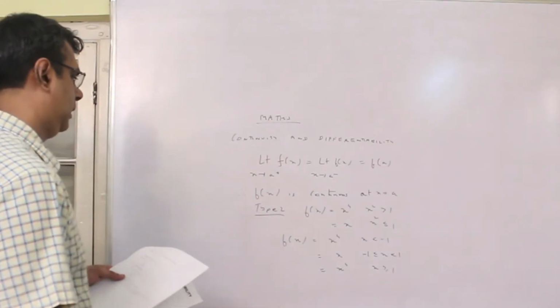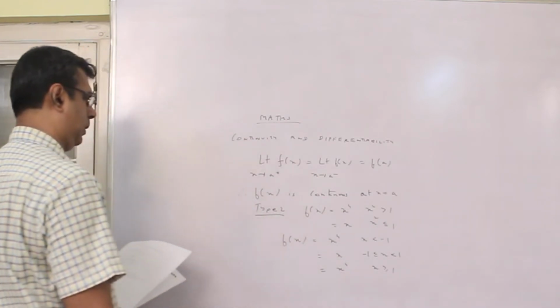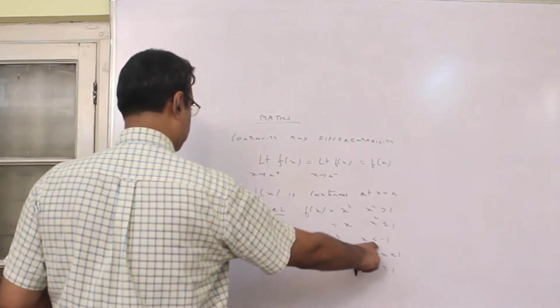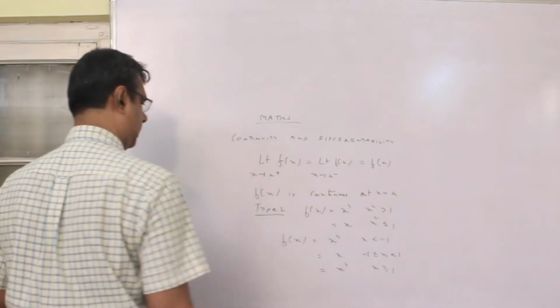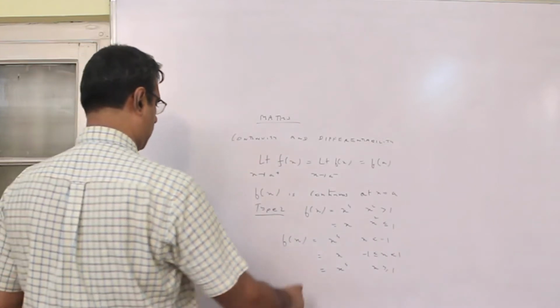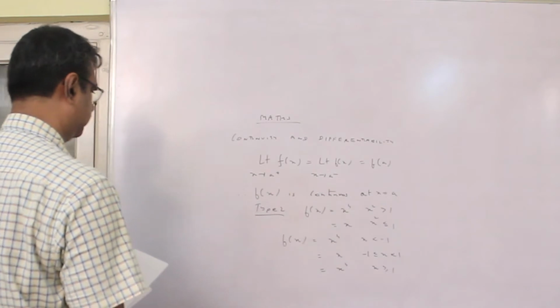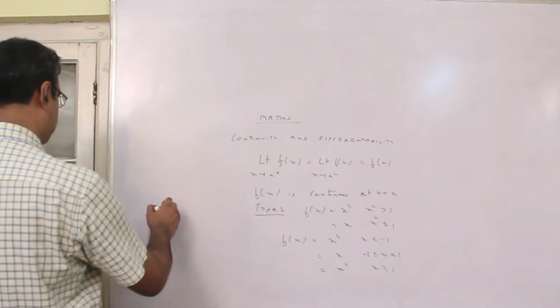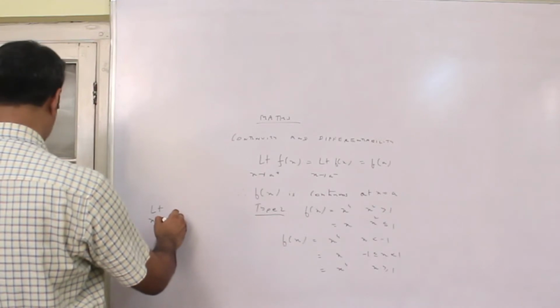You will have to rewrite the sum like this: f(x) equal to x to the power 4 when x is less than minus 1, f(x) equal to x when x is between minus 1 and plus 1, and f(x) equal to x to the power 4 when x is greater than equal to 1. After this, you examine the continuity